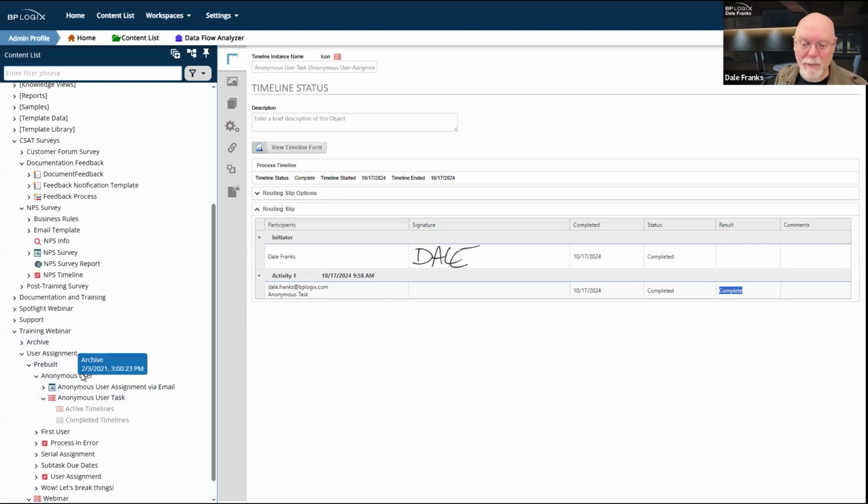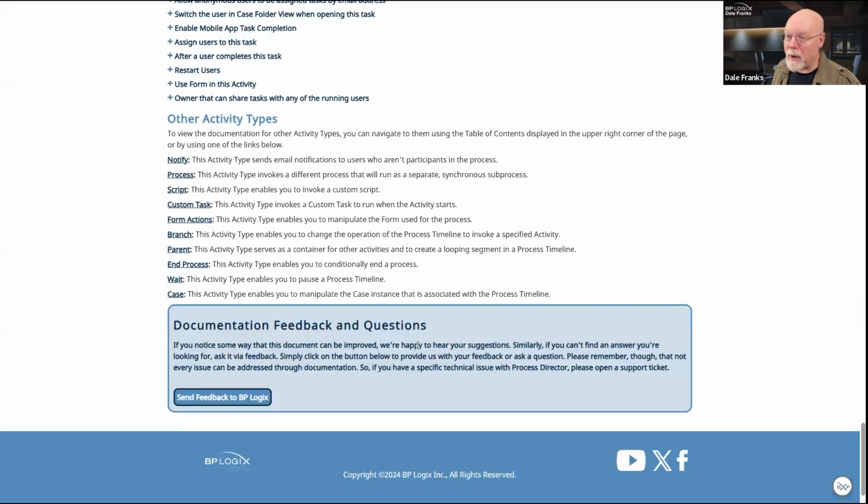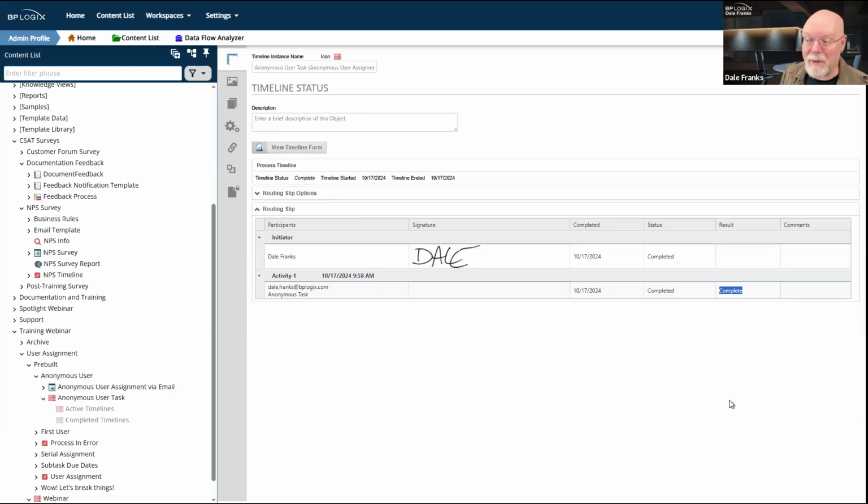Anonymous task assignment can be done. Just got to remember, you don't know who the link clicker is. So when you send that email out, you really have lost control over who is actually going to go in and complete that task. I think in most cases, we can assume that the person who receives the email will be the task link clicker, but maybe not. That possibility always exists.